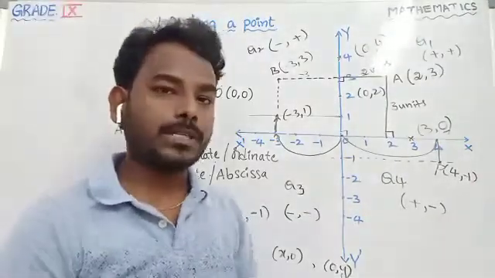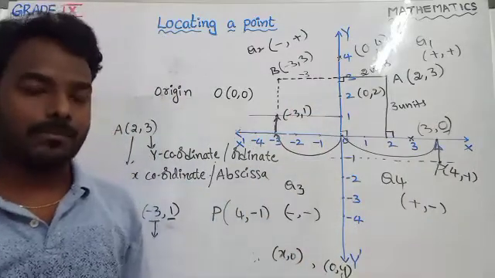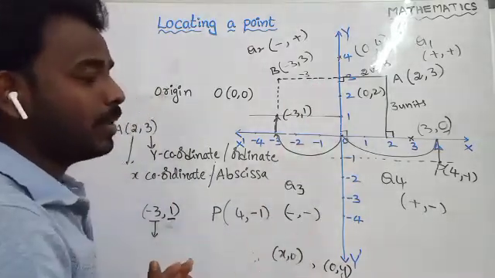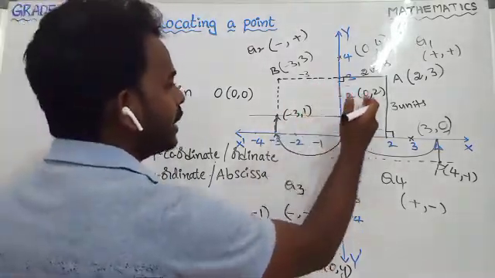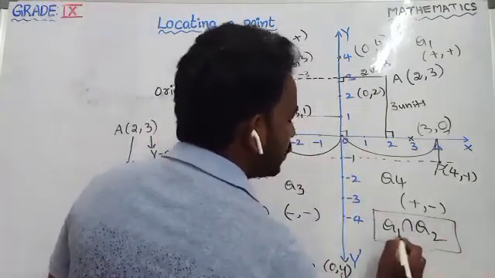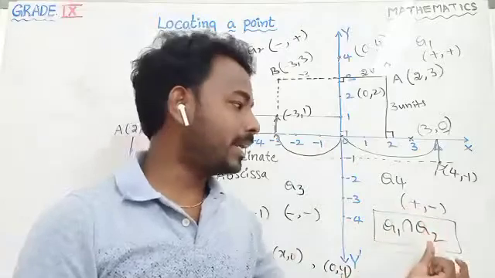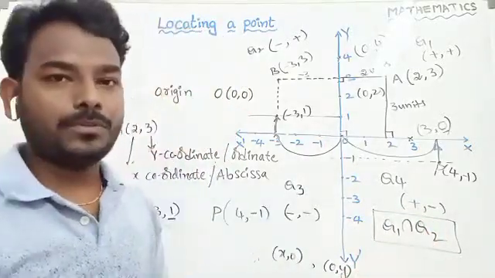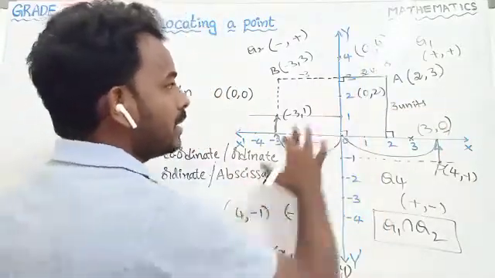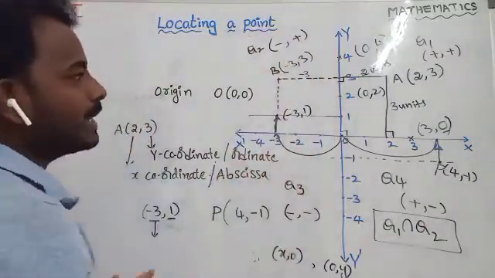Okay, I hope you understood all the points which lie on the coordinate plane, otherwise called the xy plane. And you do remember this. What is the intersection, the common part, of quadrant 1 and quadrant 2? For example, if you have this question, intersection means common. What is the common region for quadrant 1 and quadrant 2? Quadrant 1 is x o y, this total region, and x dash o y, this total region, is quadrant 2. So what is the common thing in this?